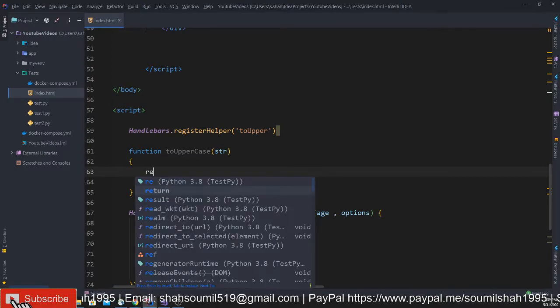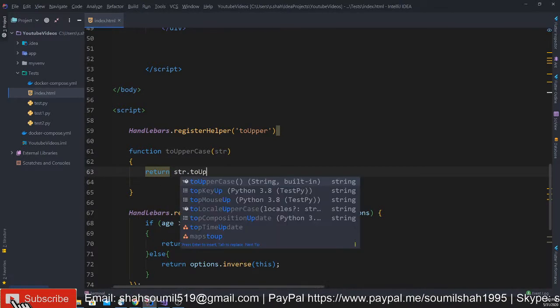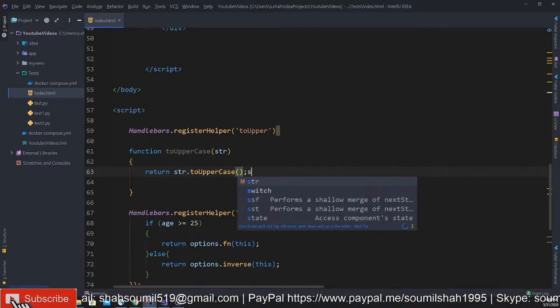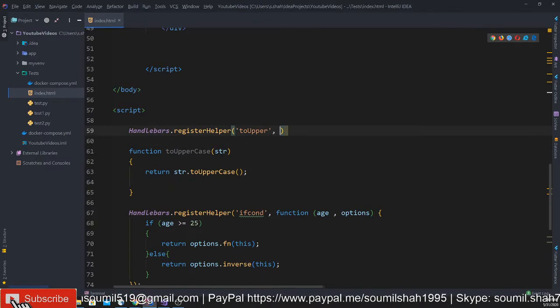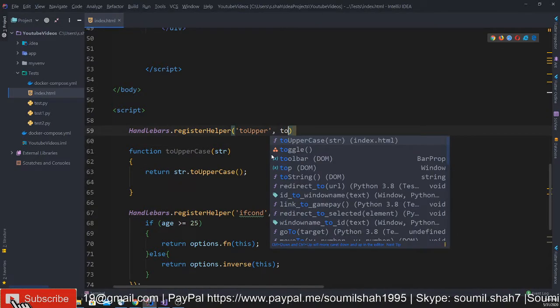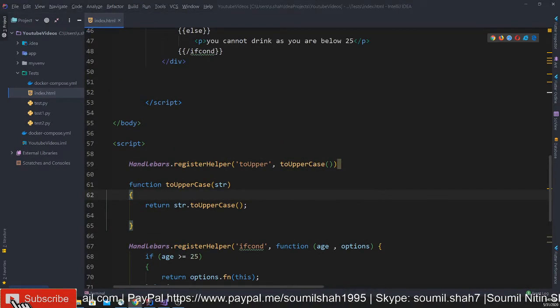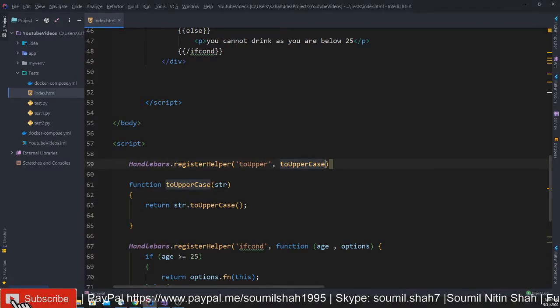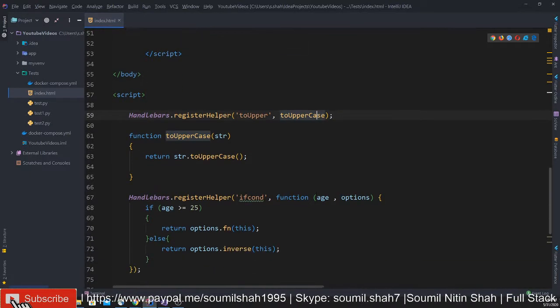So I will return str.toUpperCase. Now here in the handlebar I would simply call that toUpperCase, like that, and this should work hopefully. So now your helper functions have been registered.